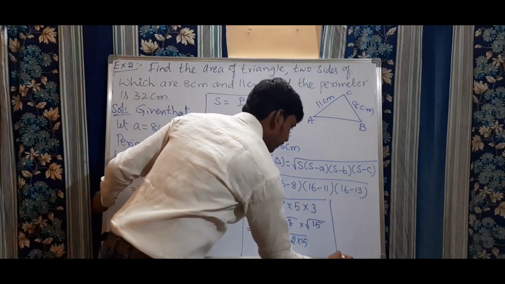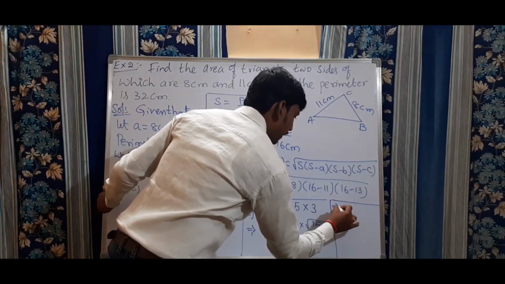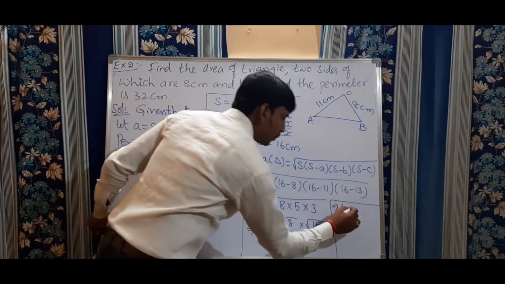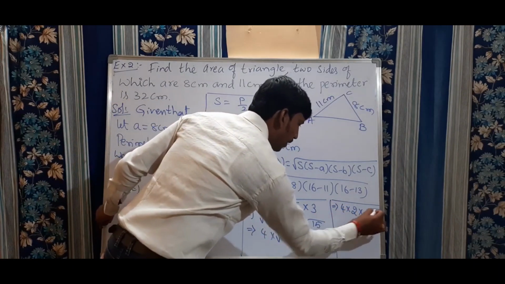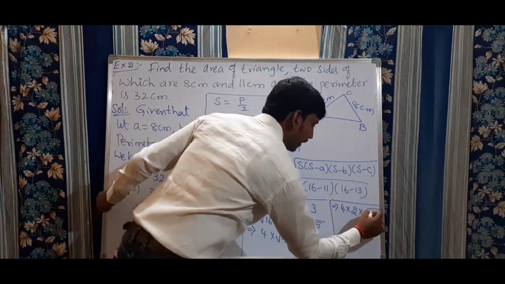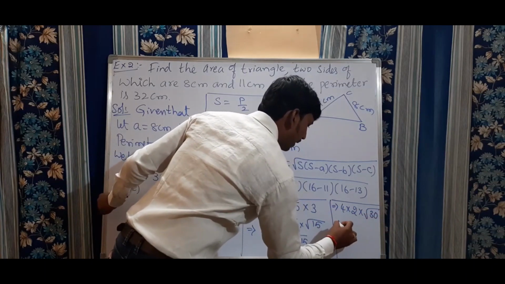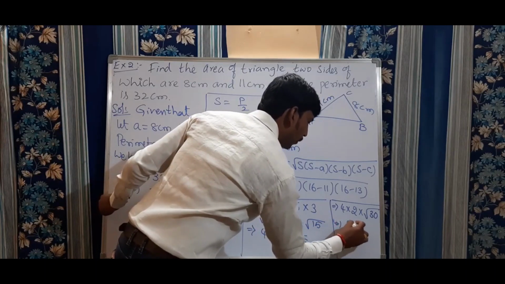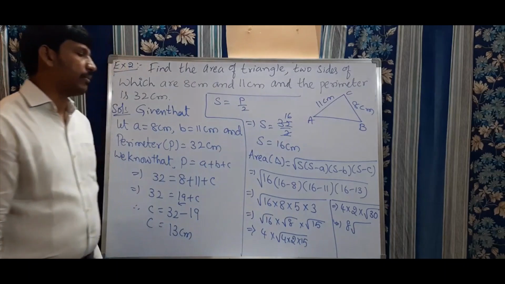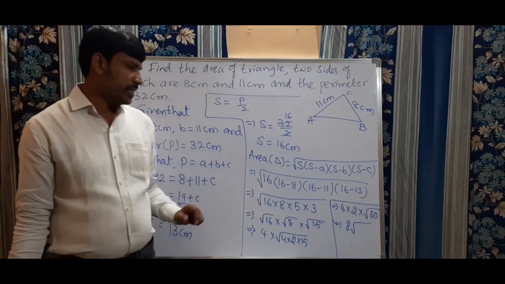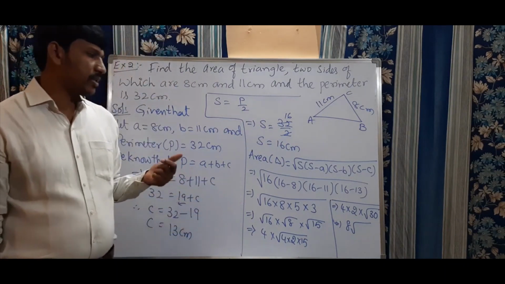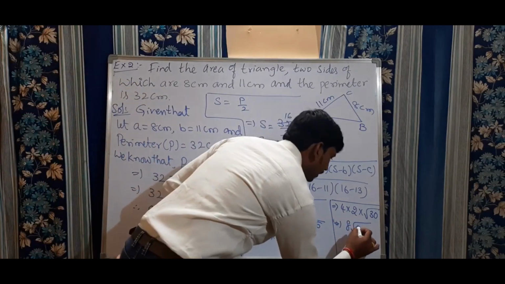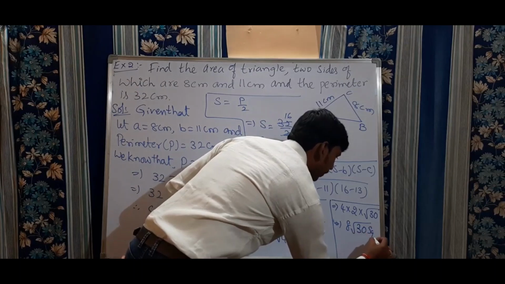Now I am going to do a simple calculation here, which implies 4 into 4 as it is. The square root of 4 is 2, into root of 2, 15s are 30. Okay. Now this will become 4 2s are 8. That is, the answer is 8 into root 30. Root 30 can be written as 6 5s are 30, 10 3s are 30. So we cannot find the square root. We cannot reduce it also. Okay. Now this is 30 square centimeters.